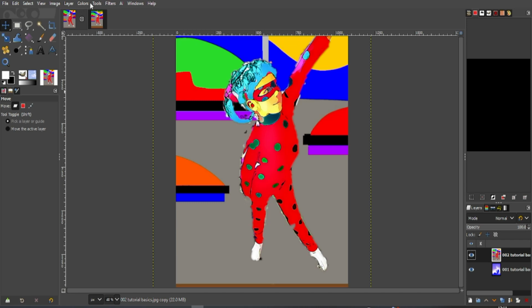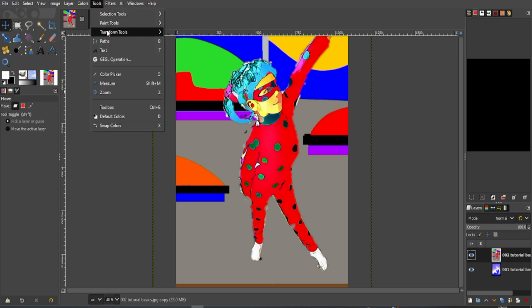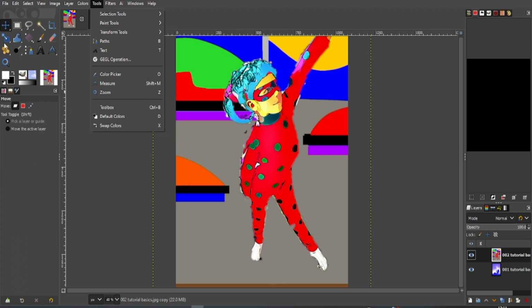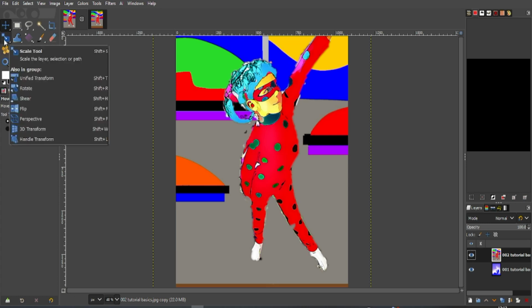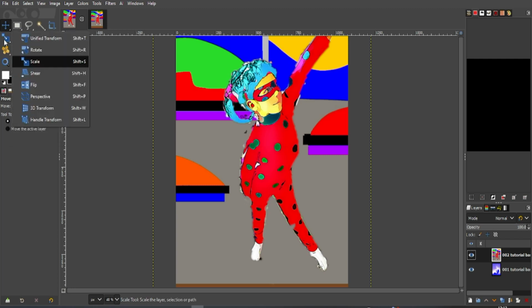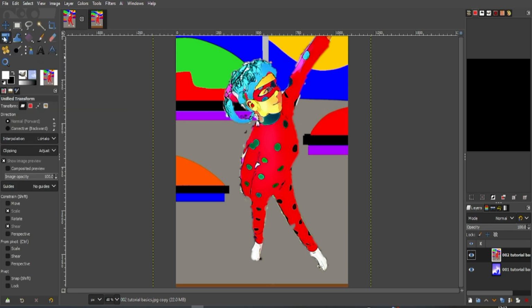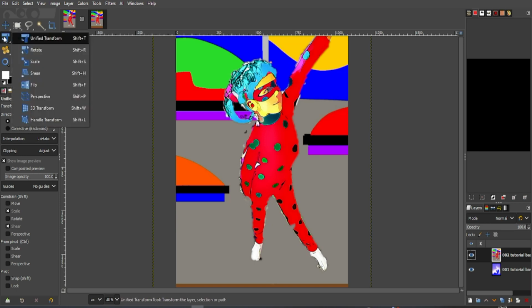We can go to Tools up here, Transform Tools and Scale, or we can go to this box of tools here. Each of these is a set of tools. If we hover over this one, these are our transform tools. To choose any one of these, we right click and choose the transform tool. Now that changes the transform tool, and the left click is always the transform tool,